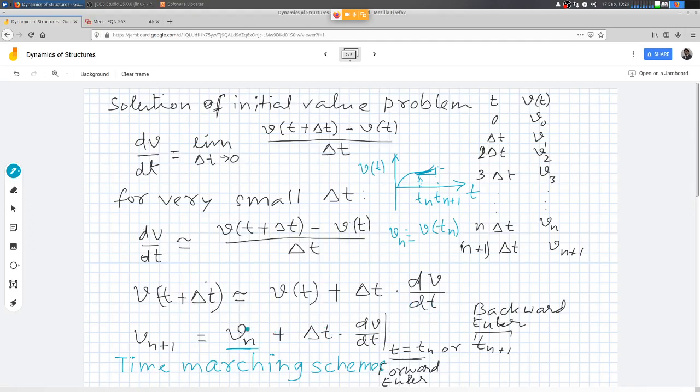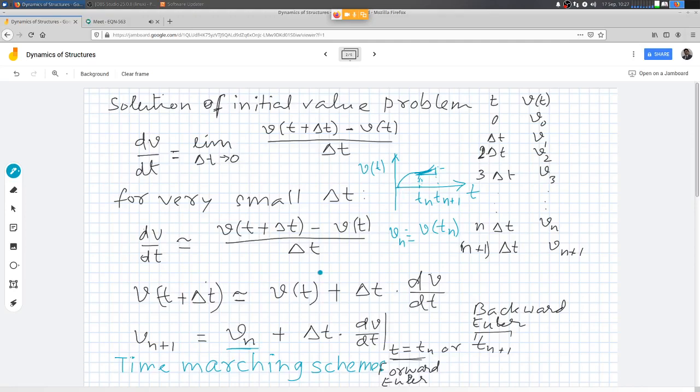So that's why this is called forward Euler, and this is a very unstable procedure unless I use delta t very small. A better way to constrain is I find out this dV by dt, what is the approximation of dV by dt at the end of the time interval, and use that in this expression. So that is called backward Euler, when I use the gradient value at the end of the time interval and use that in this expression.